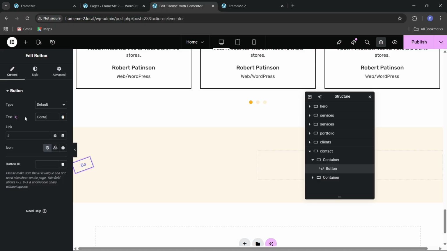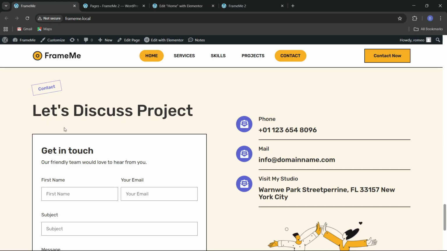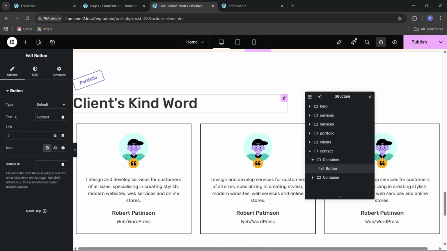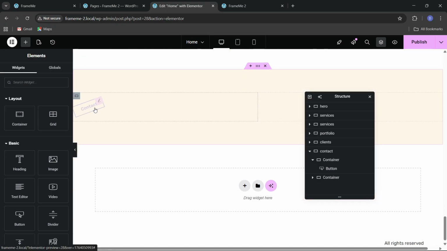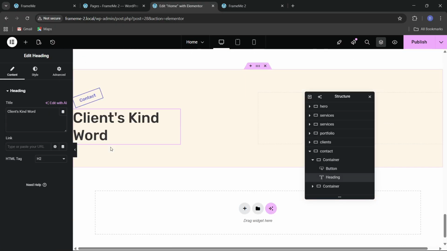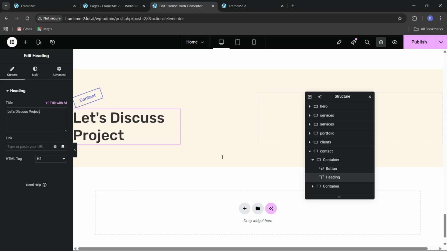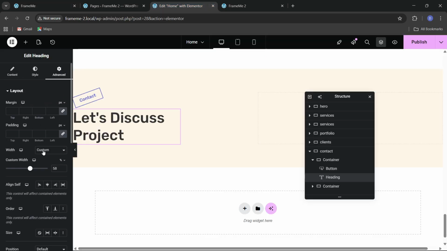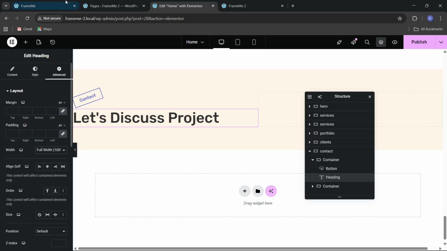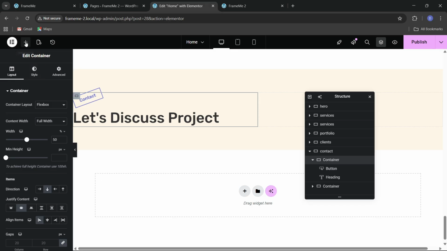So let's make this contact. Also you can see we have this let's discuss project, so let me copy this from here and we can just go here and we can just add the let's build this project. So now you can see we have this. Now what we can do, we can just go here and we can just use this custom and we can make this full width. Okay, now we have this form, so let's go this, and below that we can add